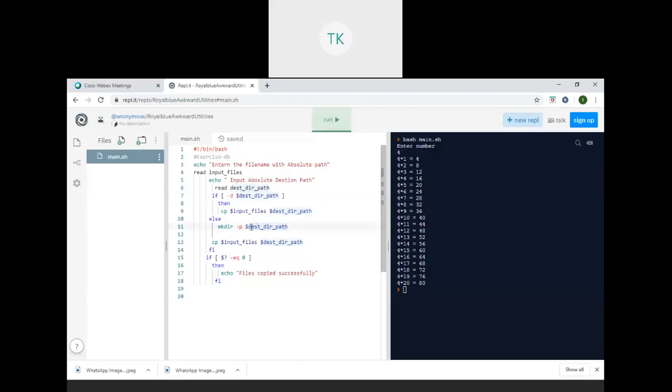After creating that directory, it will copy the source file, whatever file name you mentioned, to the destination with that particular name. If that is done, the file will be copied successfully. So that is the program here. Here two inputs are there, one is a source file, another one is a destination file.